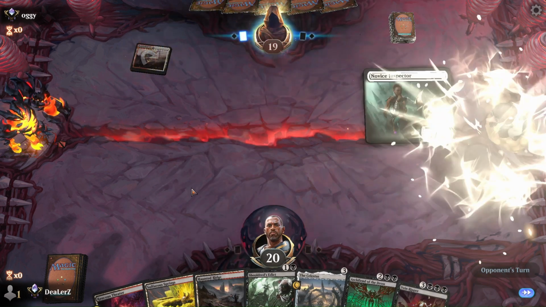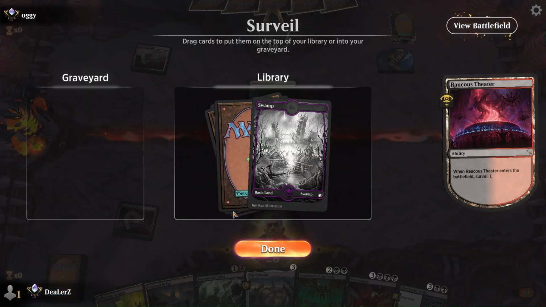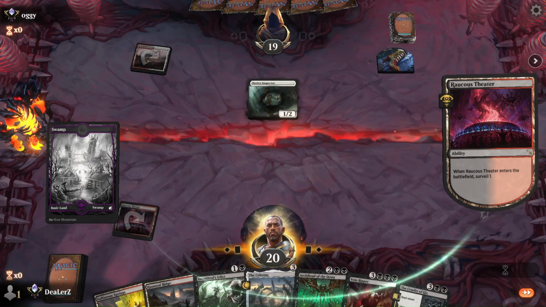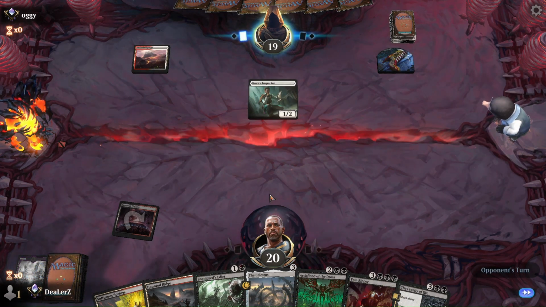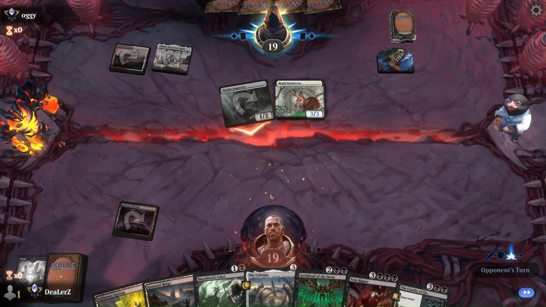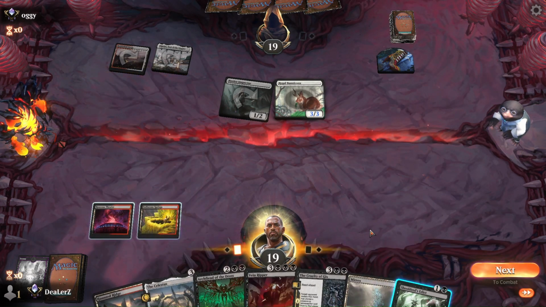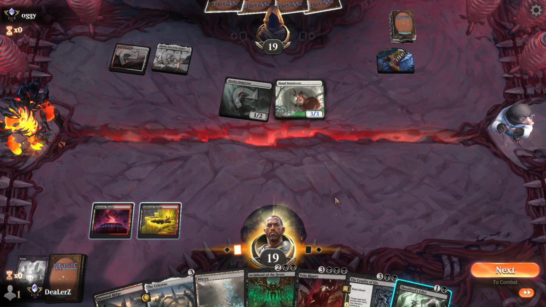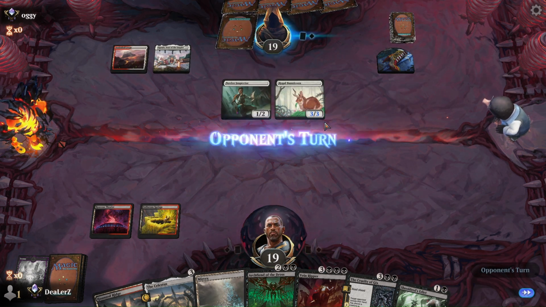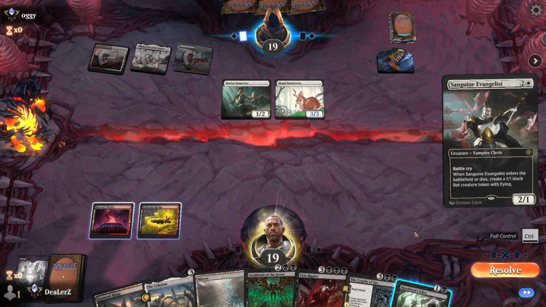Okay, it's not a good sign, unless we draw a Brotherhood's End off the top, which we did not. Swamp is not what we need right now. We need to find Brotherhood's End to survive this one. Bunnycorn, he's already at 3/3. Sheesh. Well, we got an Archfiend coming down on 4, so that's not the worst thing ever. It's a big blocker that they're gonna have to deal with, but it's not exactly...